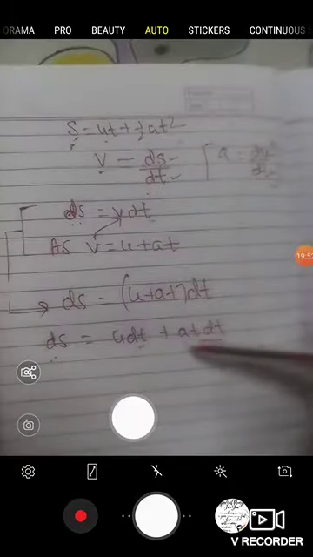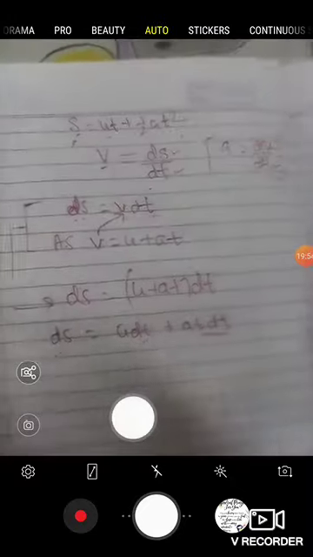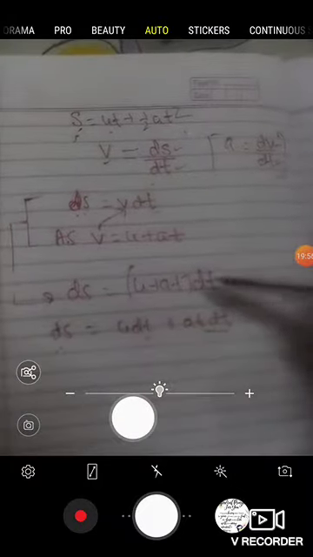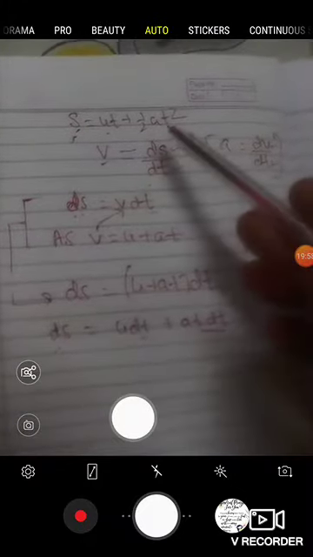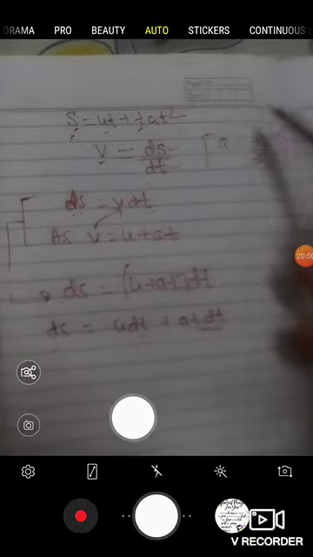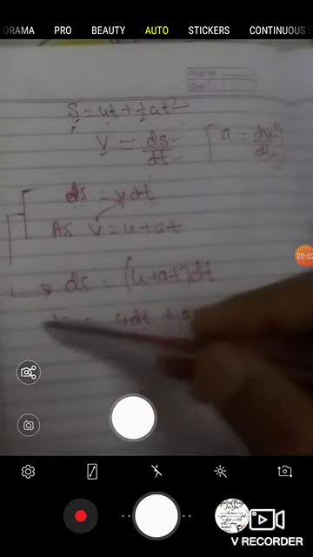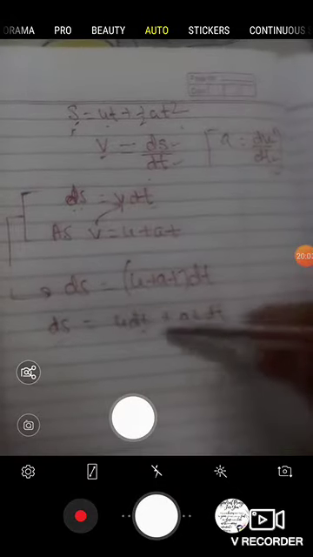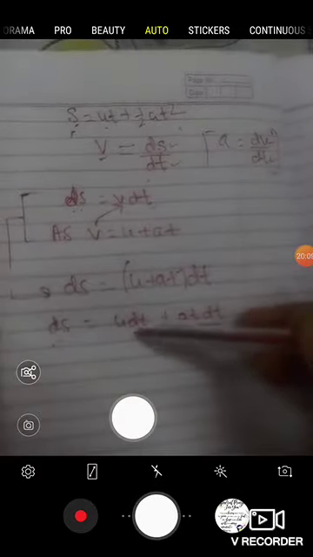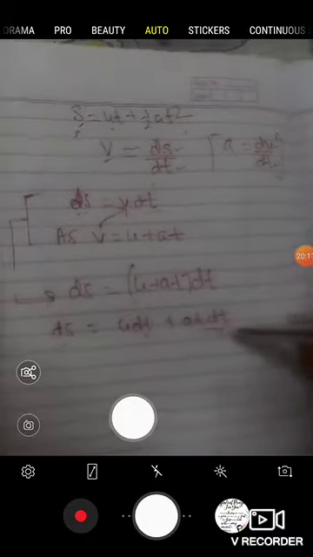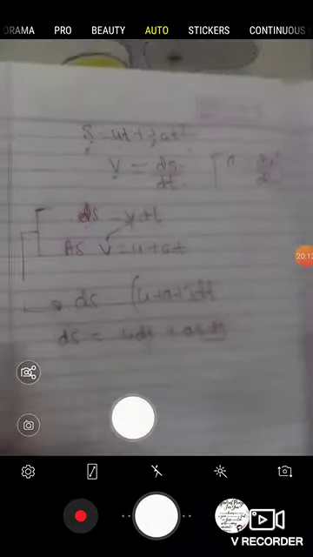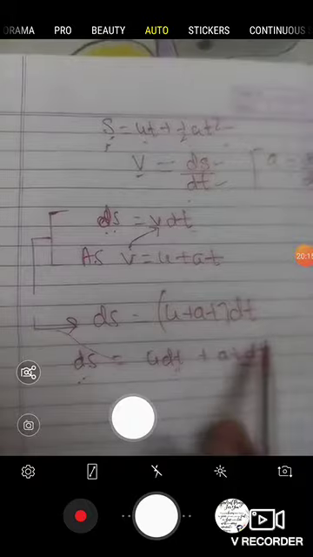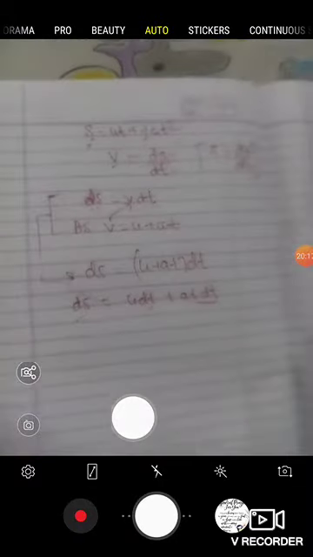Similarly here t dt. So it means I have to integrate this term because I want only t. There is no t2 minus t1 something. So my lower limit here will be 0 and upper limit will be s. Here my lower limit will be 0, upper limit will be t. Here again my lower limit will be 0 and upper limit will be t. So I am going to do this again.